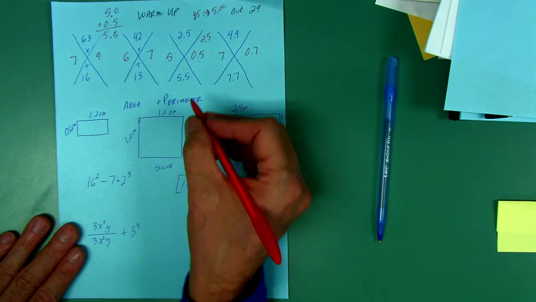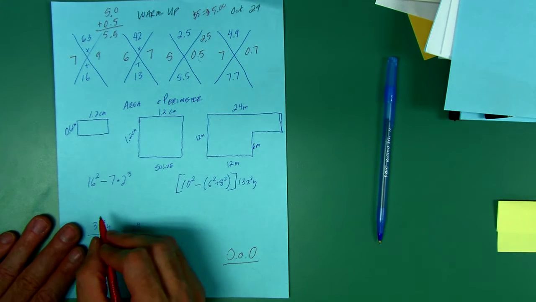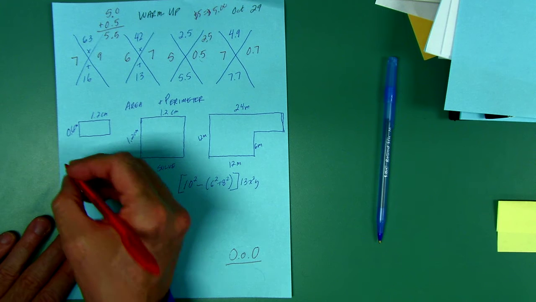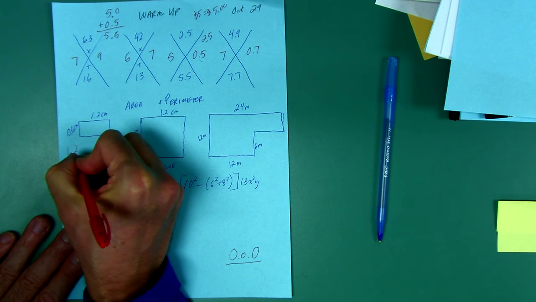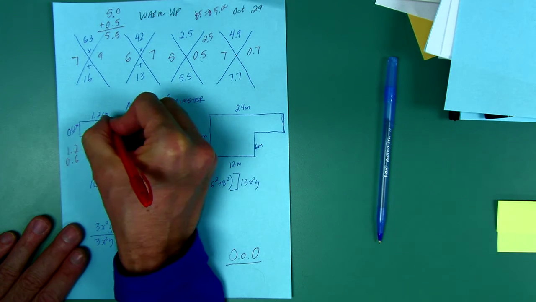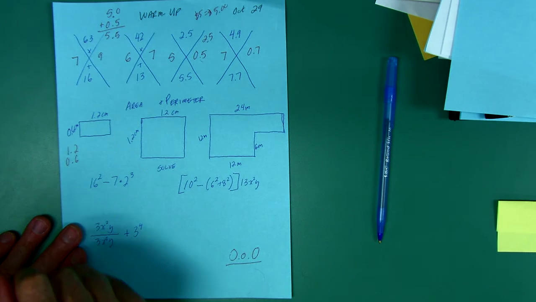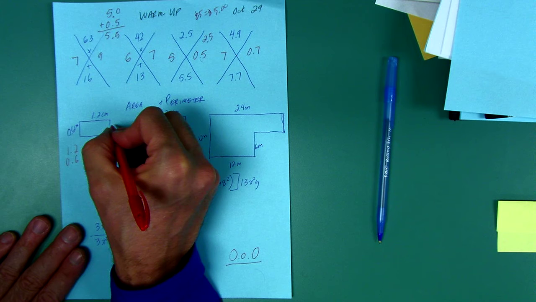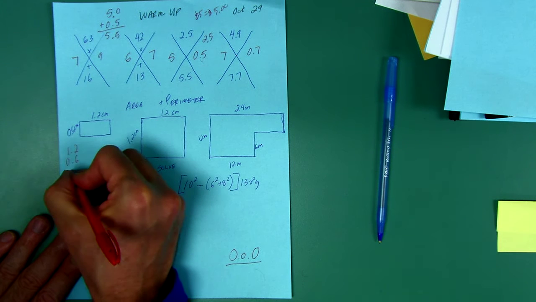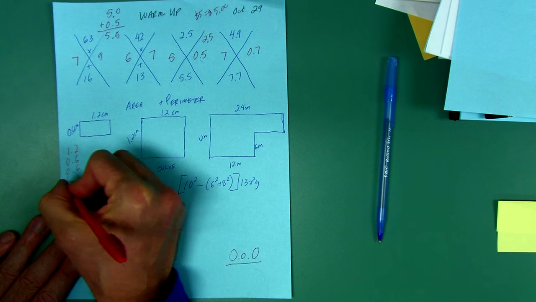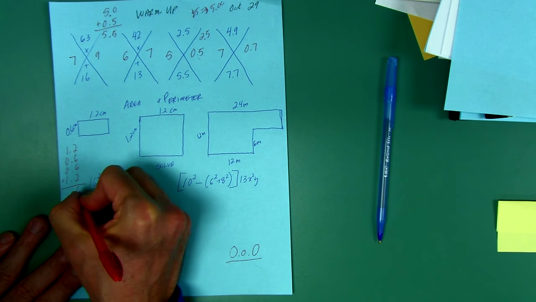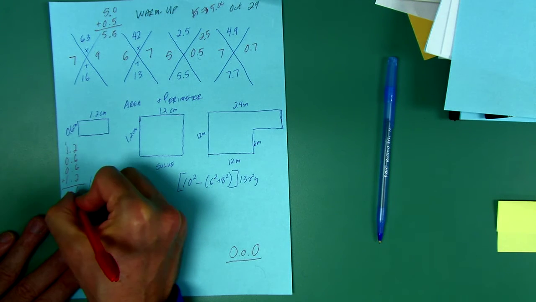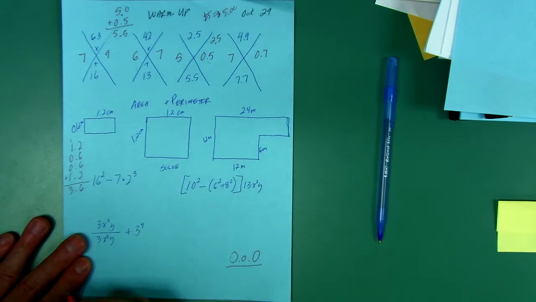Area and perimeter. Perimeter, remember I got to add, and when I'm adding decimals, got to line up the decimals. So 1 and 2 tenths and 0 and 6 tenths. But that only gets me halfway around. Okay, make sure you enclose the whole figure. So I have another 6 tenths, another 1 and 2 tenths. And the decimal comes straight down when I add. Forgot to bring that decimal down, 1, 1, 1. So I get 3 and 6